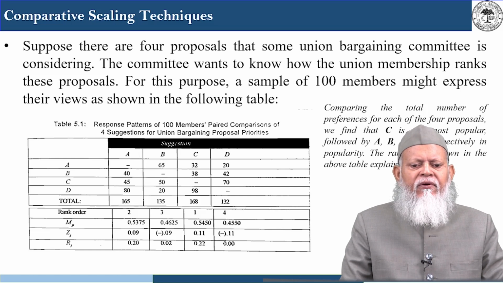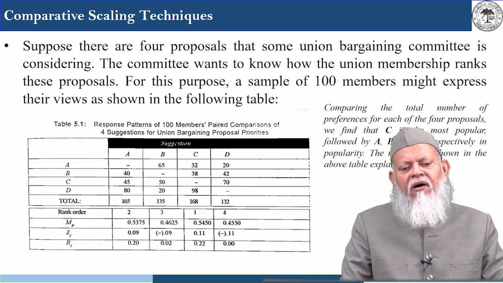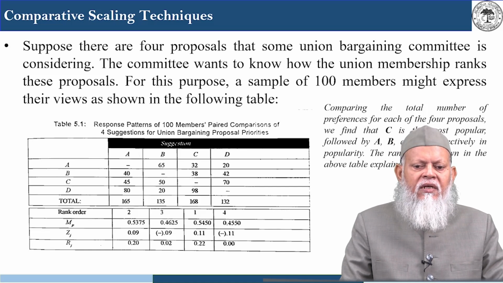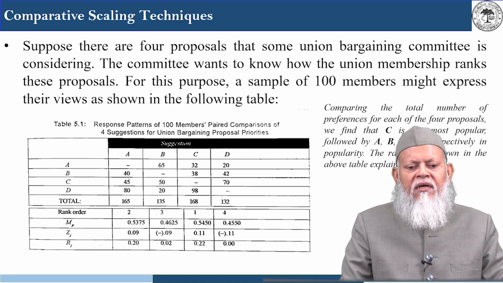The column mean for B, calculated in the same way, is 0.4625. The column mean for C, with the same formula, is 0.5450, and the column mean for stimulus D is